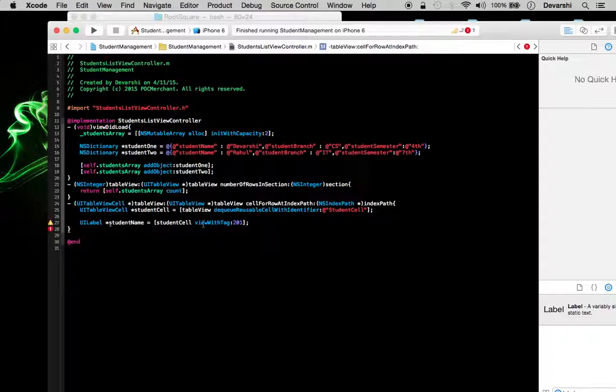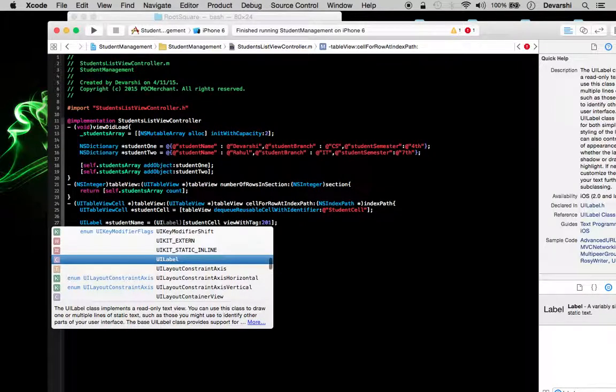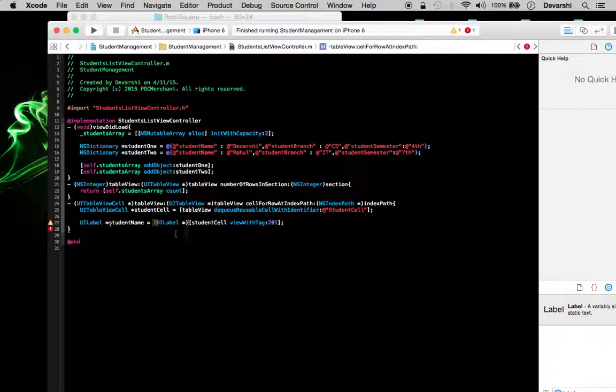This method returns a UIView object, but we are assigning it to UILabel, that's why the compiler is giving us a warning. So to silence this warning we will typecast it to UILabel. It is still giving this warning, but that is fine for now.